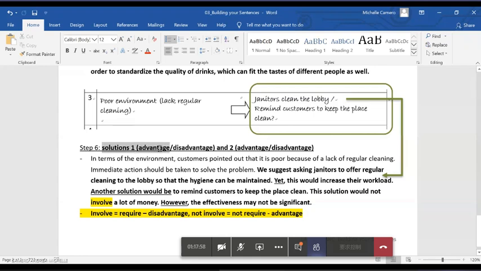You're going to talk about solution 1, give the advantage and disadvantage of solution 1. Then you're going to talk about solution 2, and you're going to give the advantage and disadvantage of solution 2. Again, remember the advantage and disadvantages are nowhere on the paper. You will not see them anywhere because these are ideas that you are required to add. All right, so